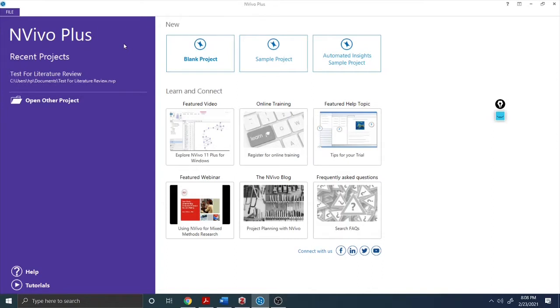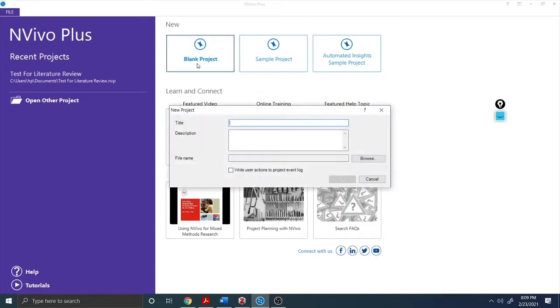Once you download and install it on your computer and open the NVivo software, it will look like this, and you first click the blank project. You need to give it a name. Since we are trying to work on a sample project, let's assume this is the name of the project: trade paper review